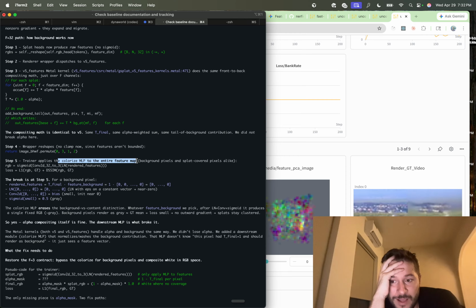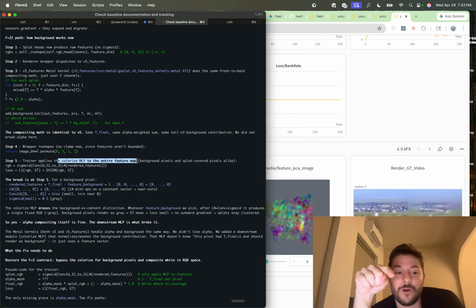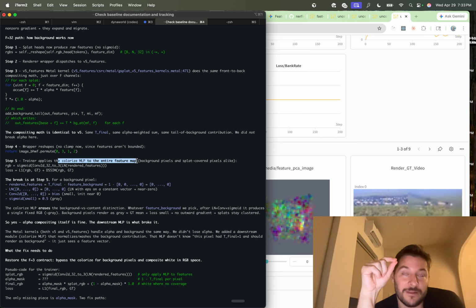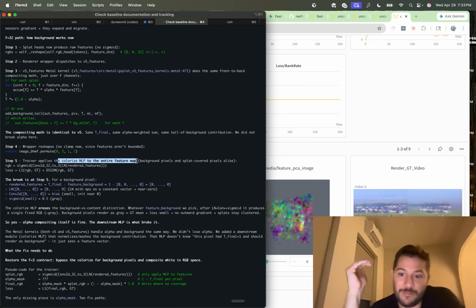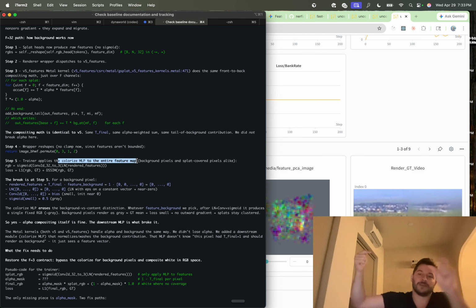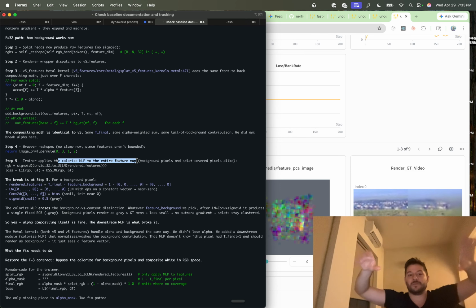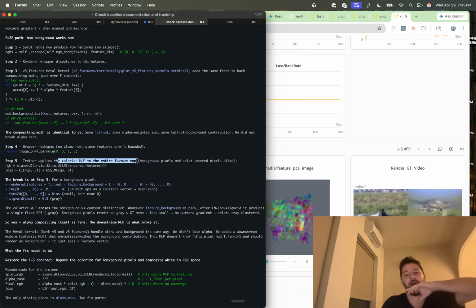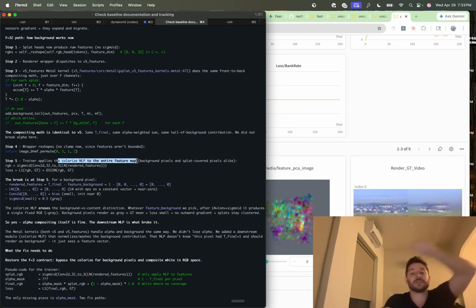More than anything, the colorizer runs on the background. So before, if you get a background at 0, all of the gradient is going to go to those alpha overlaps. So there's a little bit of a tail of Gaussian sticking out, and all the gradient will push that out. So there's very strong loss. Like, this is white. We need to stretch the splats. Now, the gradient may stretch the splats a little bit, but there's a much stronger gradient that says, turn the